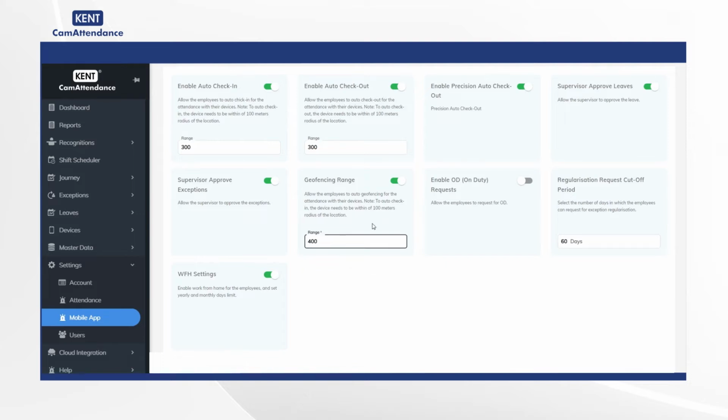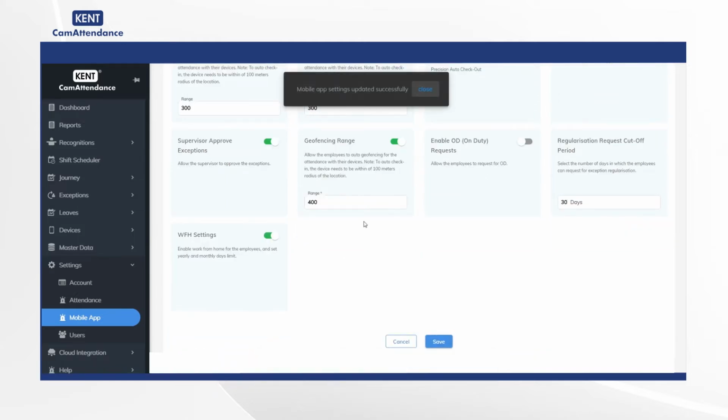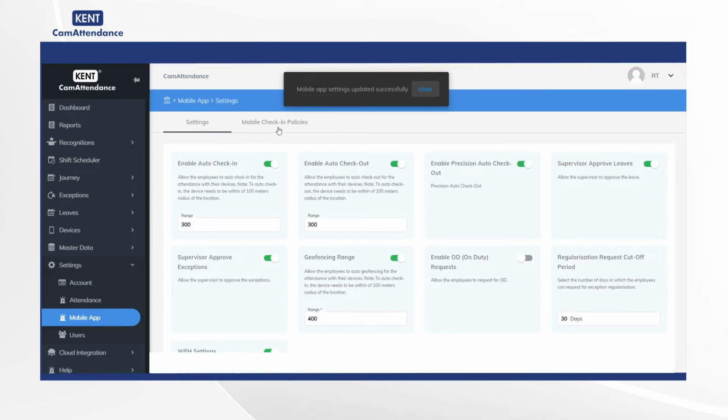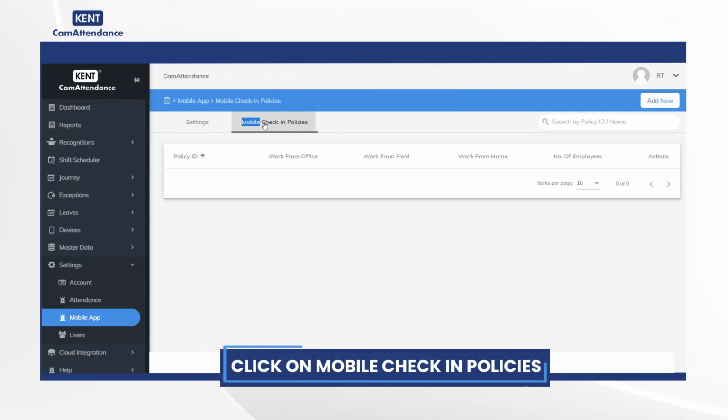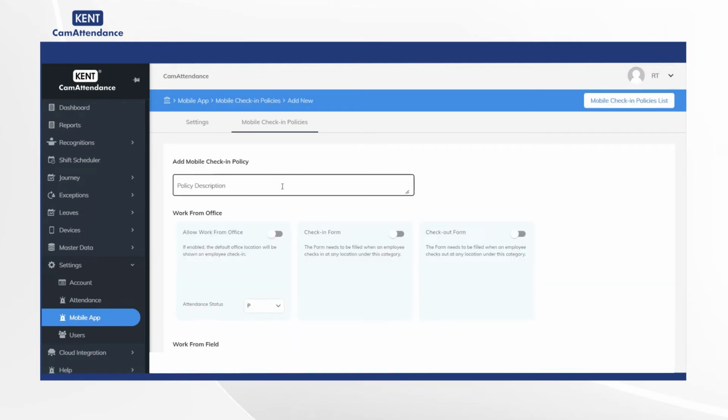After that, turn on Enable OD requests, add 30 days under regularization requests cutoff period. Then turn on WFH settings and finally click on Save and you will get notification of mobile app setting updated successfully. Now, on the top side, click on Mobile Check-in Policies, then add the name Mobile Policy 1 in Policy